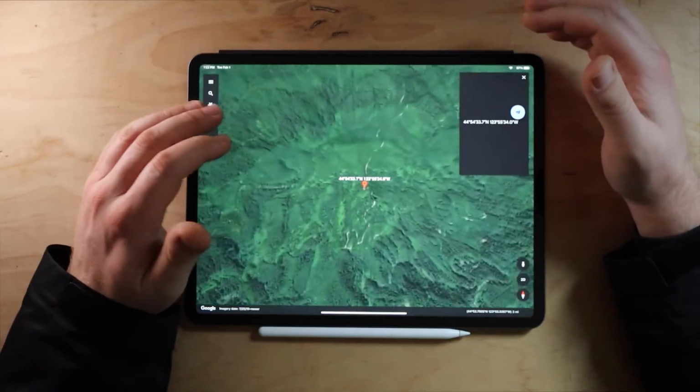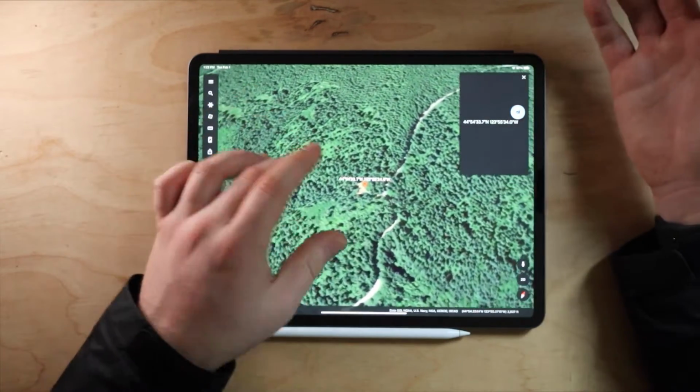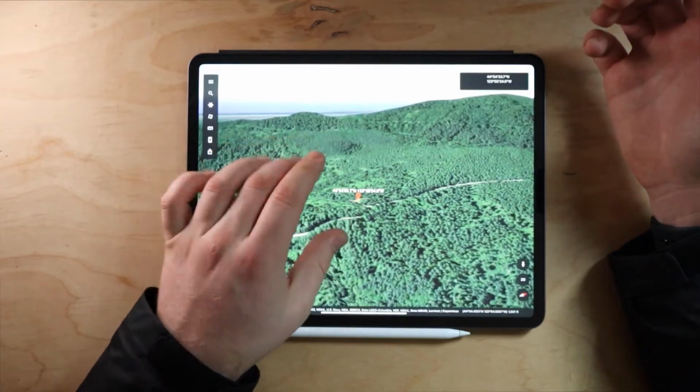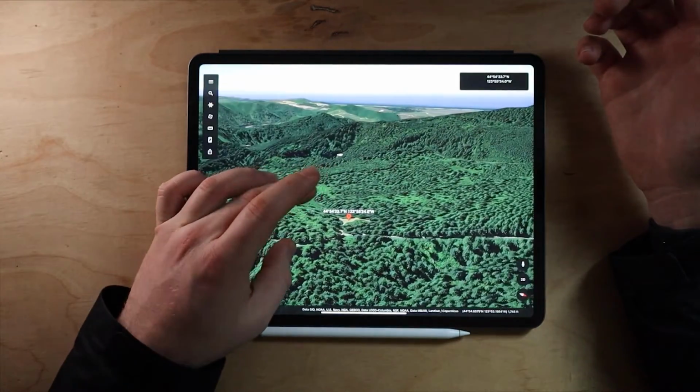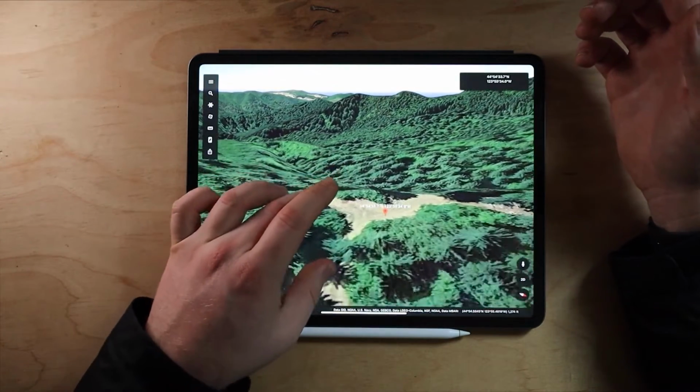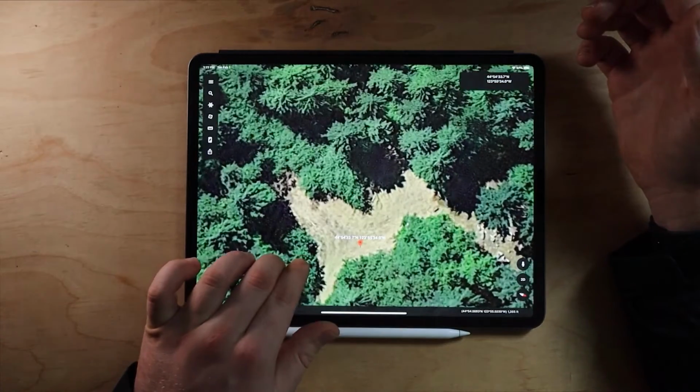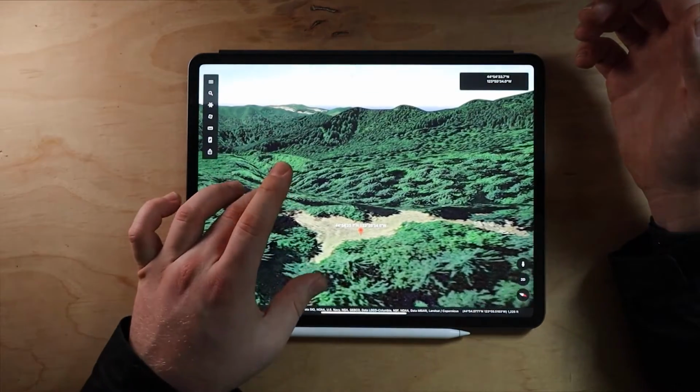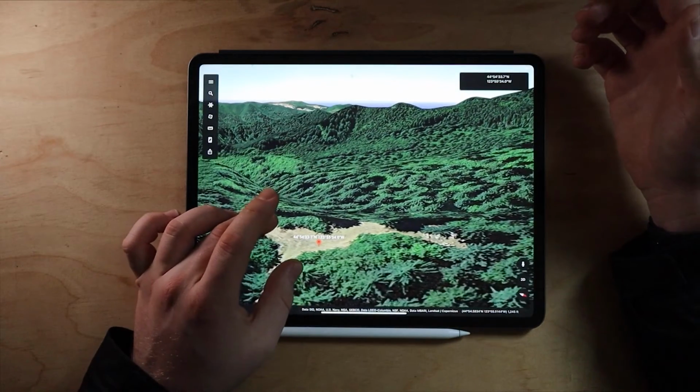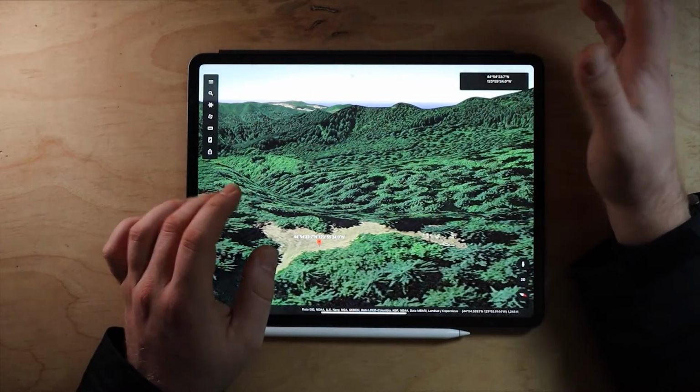Now, the best part about using Google Earth in this situation is, see, now I know that this is sort of a big old overlook spot. So this is 100% a campsite right here. Probably a pretty cool one. You've got, you know, the